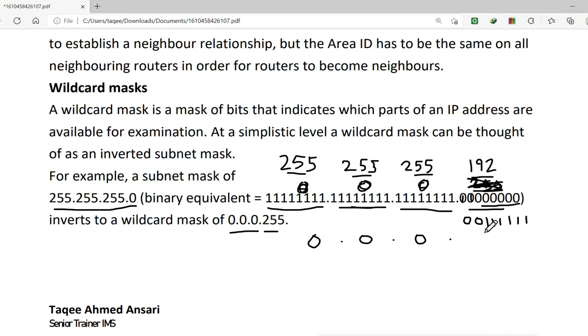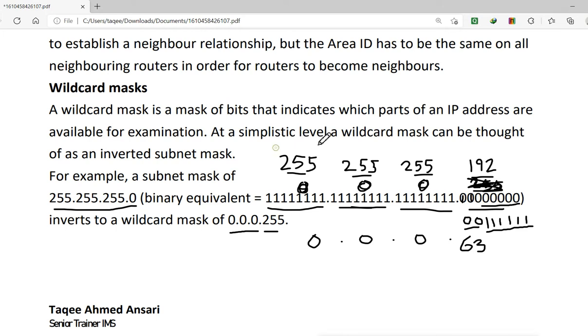We calculate 1 plus 2 plus 4 plus 8 plus 16 plus 32, and we get 63.